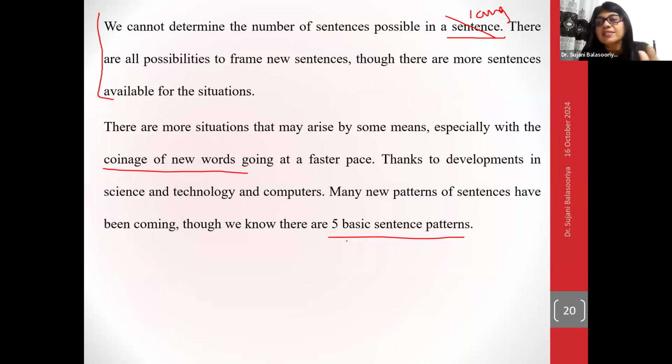Otherwise, nobody will accept them. Nobody will even recognize them, right? Just think that you create a sentence which is not grammatical. The usual sentence pattern is subject, verb, object, if we talk about the English language, but you violate that pattern, right? You violate it and you just use it in a different way, different order. You order the words in a different manner. Do you think the others will recognize what your meaning is? No, they will never understand it.